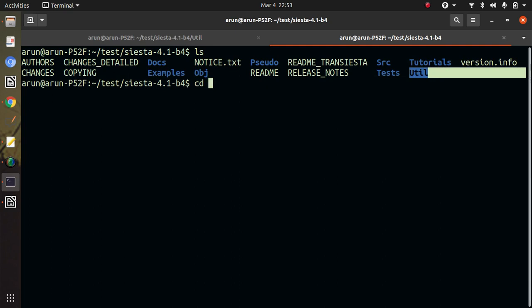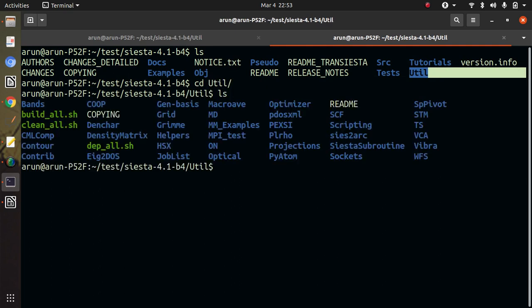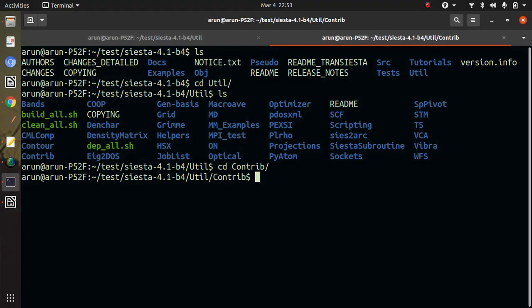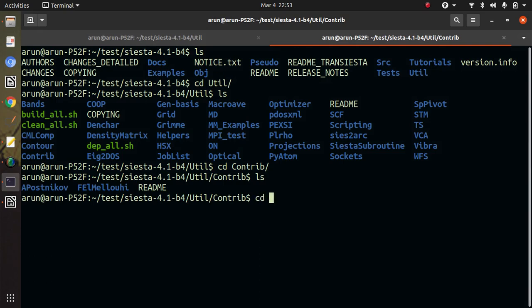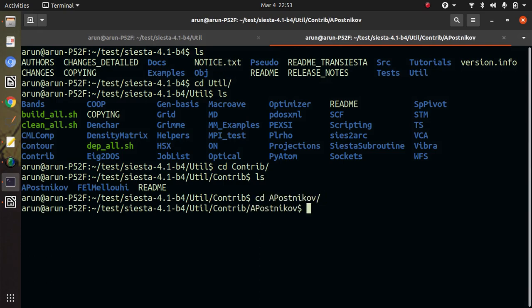Go inside the util, and here there are so many utilities like bands, denture, then contrib, optical, and Vibra. This contrib contains some utilities given by two persons. I am going to talk about the utilities given by Andrei Postnikov.